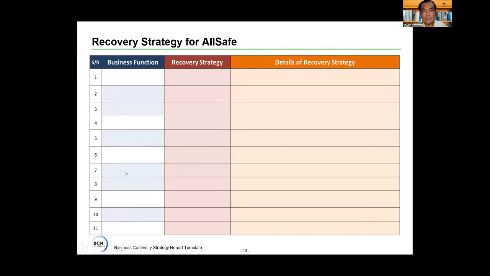This is something that you can extract from your information there. Remember, there are 5 strategies: work from alternate site, work from home, work from customer location, work from supply location, all this. So you normally have 4 or 5 high-level strategies to be presented to management. Remember last week, I spent some time teaching you that at the end of the day, there's only 4 or 5 strategies. If I'm management, what am I looking for? I'm looking for something that you are asking money from me, which is actually the alternate site. The moment you ask for the alternate site, I as chair of the EXCO or committee or the board, I'm going to ask you a very simple question: how much?